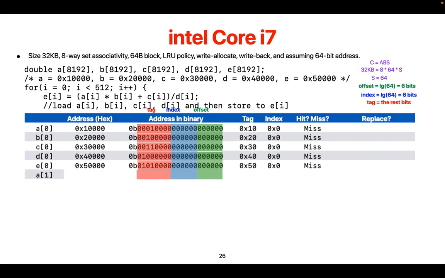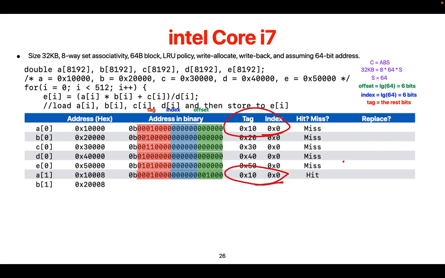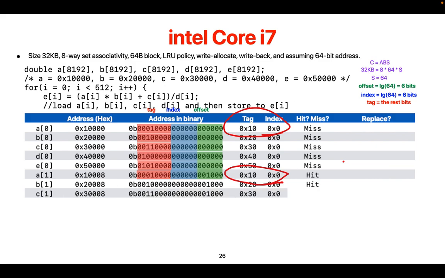So now when we access A1, partition the address, it's still the same index. But is it going to be a hit or miss? Hit, right? Because this one and this one, they have the same index and tag. And this one is not kicked out here, right? So this is a hit. So if you keep repeating this,